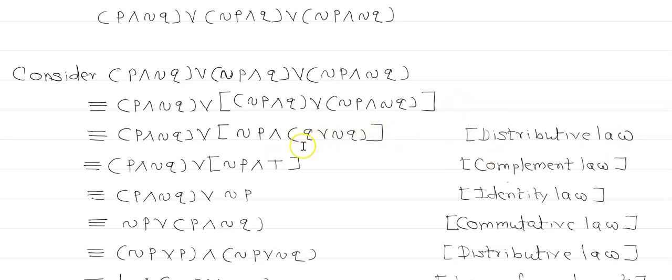Now next is Q or negation Q. Suppose Q is T, its negation will be F. But what is T or F? It is T. Therefore, this is the complement law. We apply it here